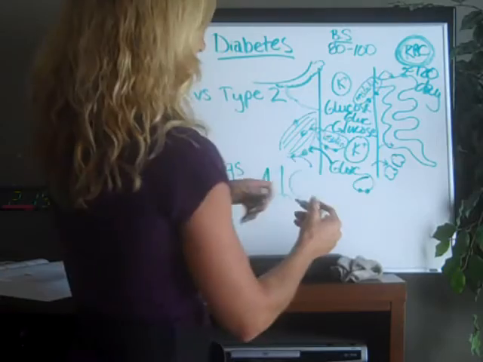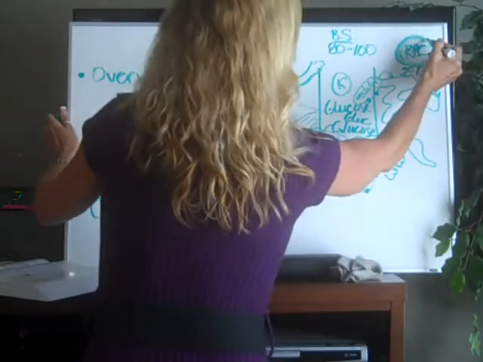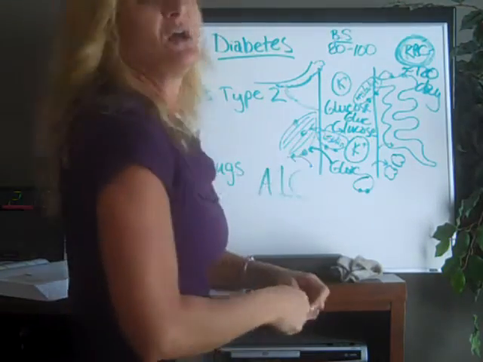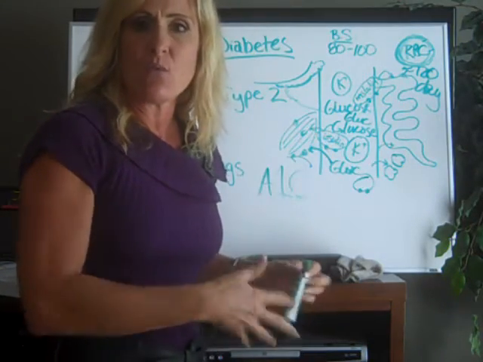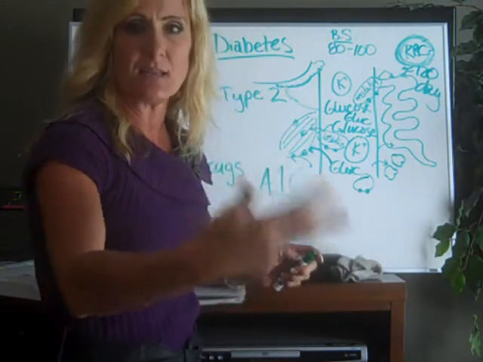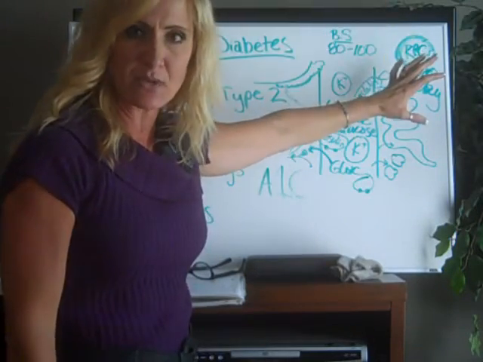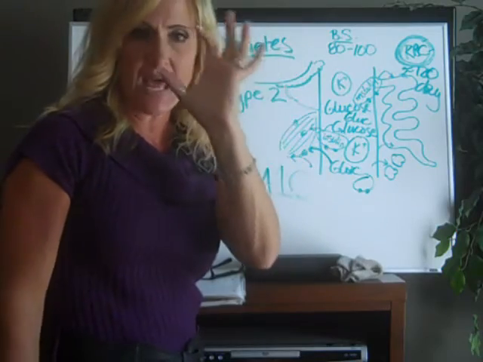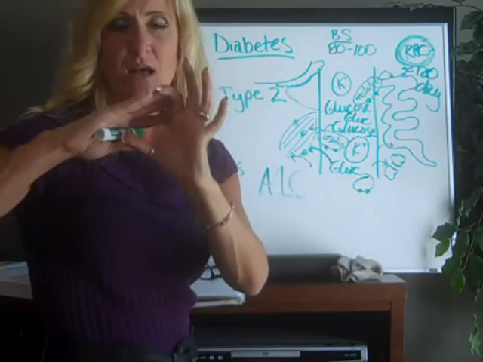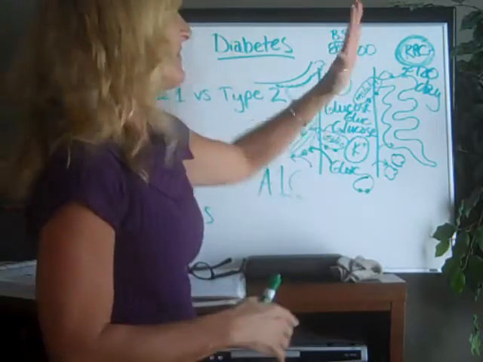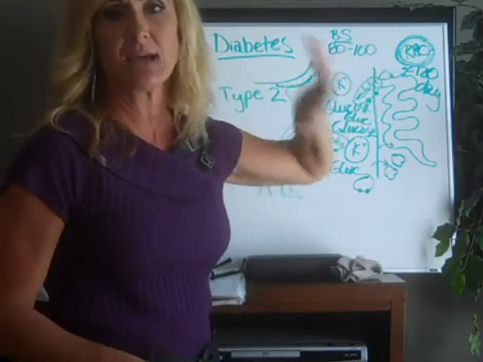And then it sort of leaves a little mark on the wall of that red blood cell. So when you get an A1C, or a glycosylated hemoglobin count, what they're doing is they take a red blood cell, and they're looking at the lining of that red blood cell, and they can determine how much sugar that red blood cell has been hanging out in